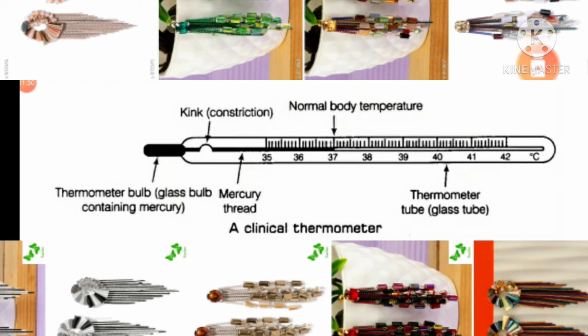This can be used by keeping it below the tongue or in the underarms. The temperature of humans can be known by keeping it below the tongue, but before keeping it below the tongue, the clinical thermometer, whatever we use, should be neatly washed, wiped, and then only used. Like sterilization, what we call, it has to be cleaned and used, so that after using for one person, we can't use it directly for another person, whether it is used underarms or under the tongue. Each and every time it has to be used by washing, cleaning, and then wiping.